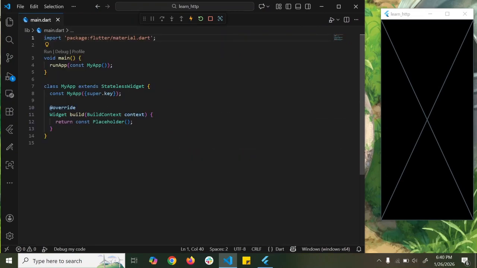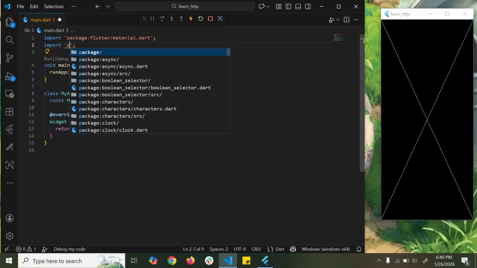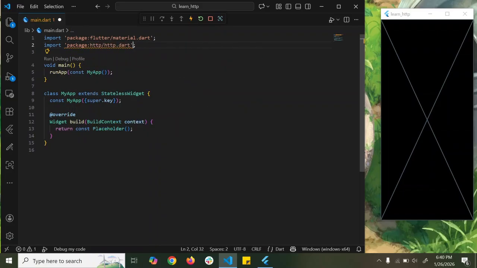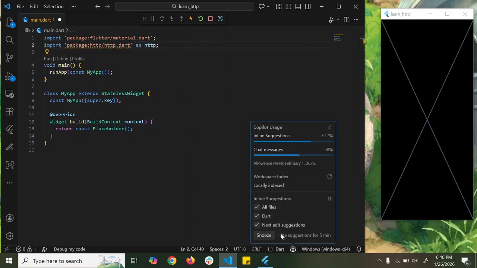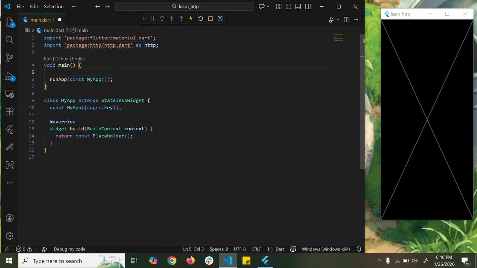Okay, so let's get started. First we import our package, the package that currently has our http.dart. Let me get this file and we will make it an alias http. So first we imported our library for the application, and second, let me tell you this one,